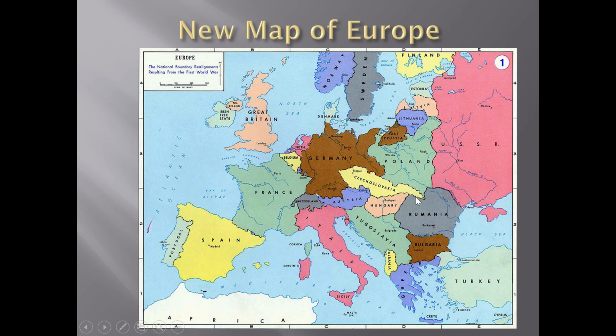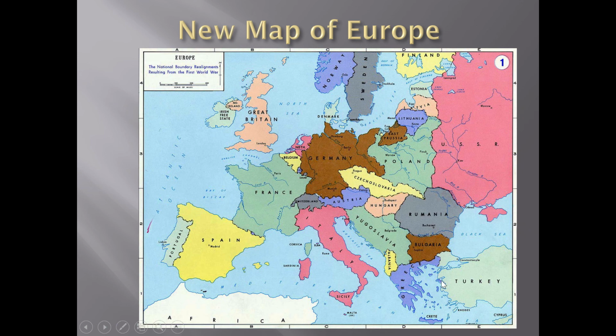You've got new little countries that have sort of popped up that had been controlled by Russia. Now they're back on the board: Estonia, Latvia, Lithuania, Finland. Czechoslovakia exists, and Hitler's going to hate this. He's going to say it's a dagger pointed at the heart of Germany. Austria, the Austrian Empire is over, so it's split up to Austria, Hungary. You've got a new country called Yugoslavia, which has combined Serbia, Bosnia, Croatia, and several other countries.